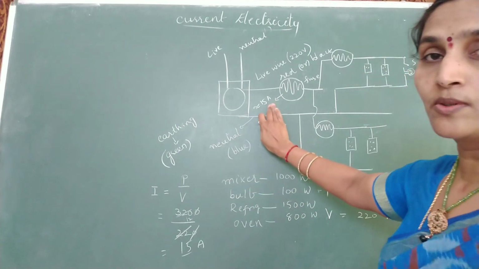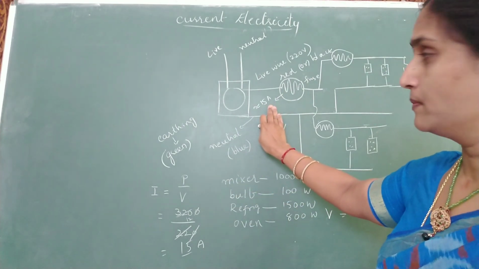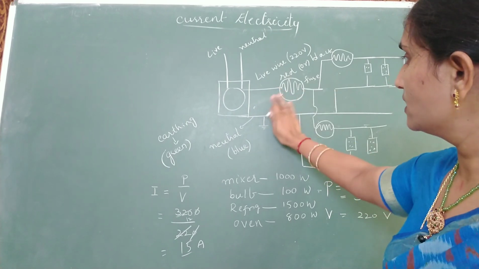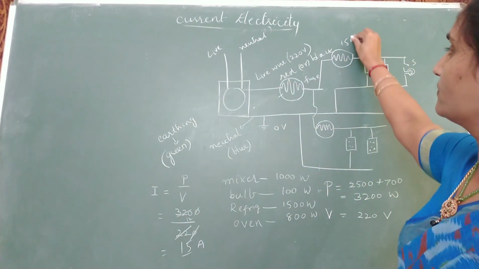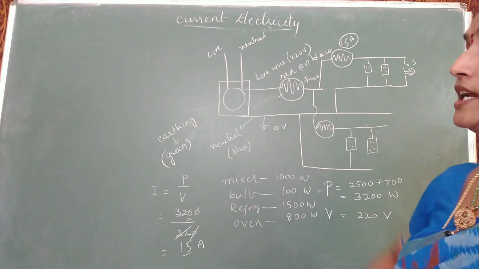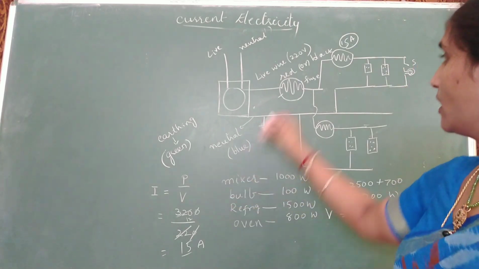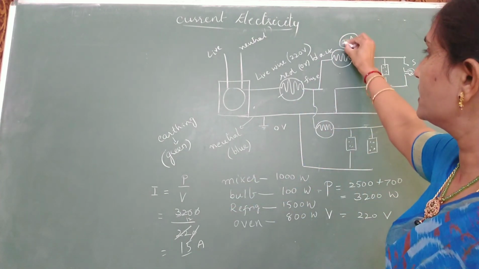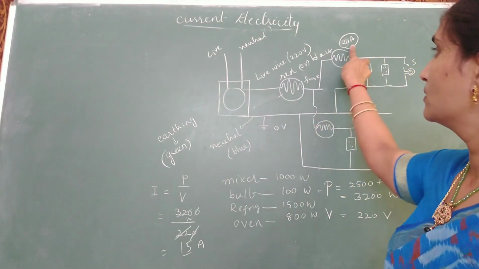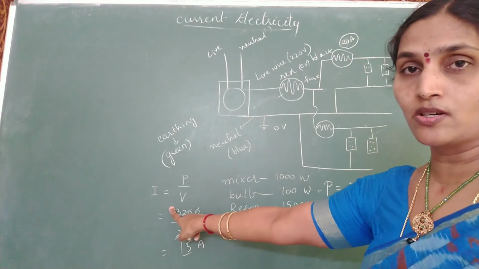If you use a fuse wire of 15 to 16 amp, it will carry the current. This fuse is of 15 amperes. Say I have selected a 15 ampere fuse, or I will use a 20 ampere fuse, slightly greater, a little above the current we are going to draw.